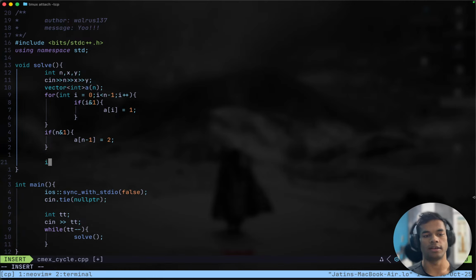And yes, after taking x and y, we will subtract 1 from them because they are 1 indexed and our array A is 0 indexed. So if A x equals A y, only then do we have to do something. And if n is odd, then we have to do something. And else, if n is not odd, then we'll say x plus plus. Does not matter. We can just increase one of them. Yeah. But if n is odd,